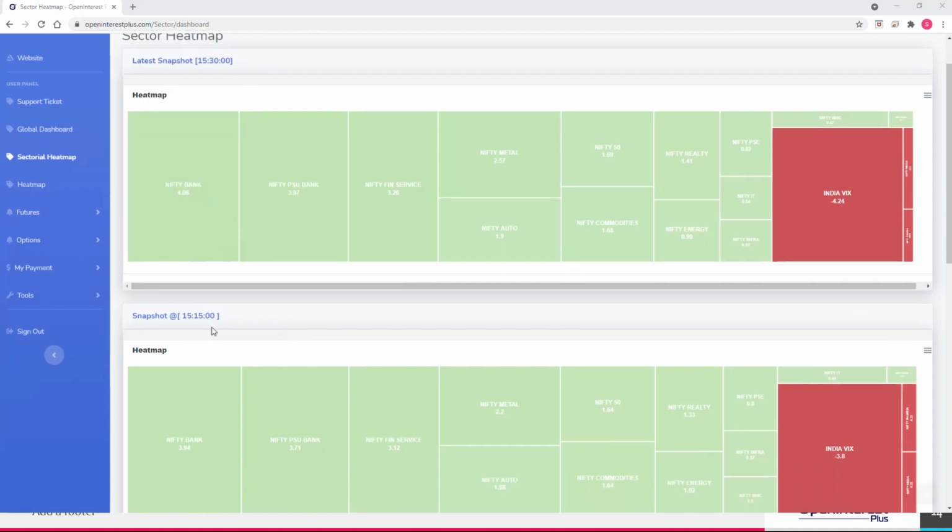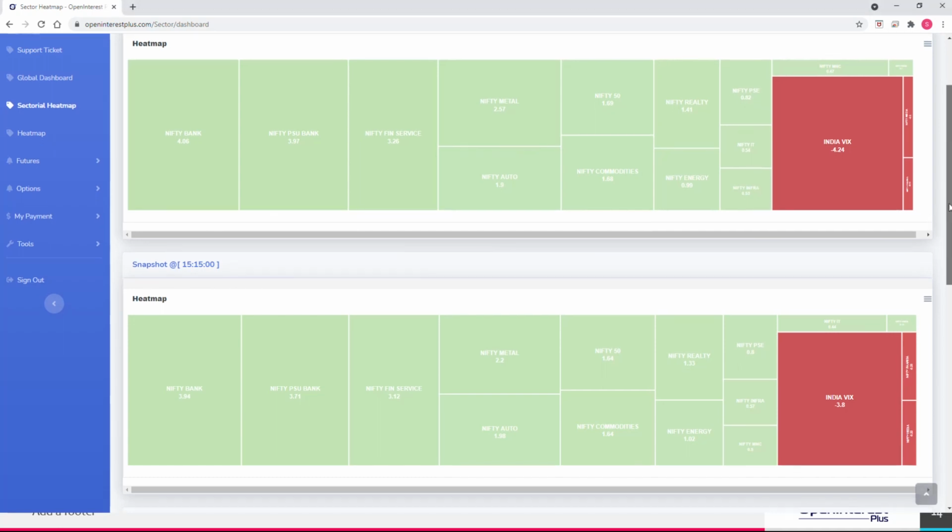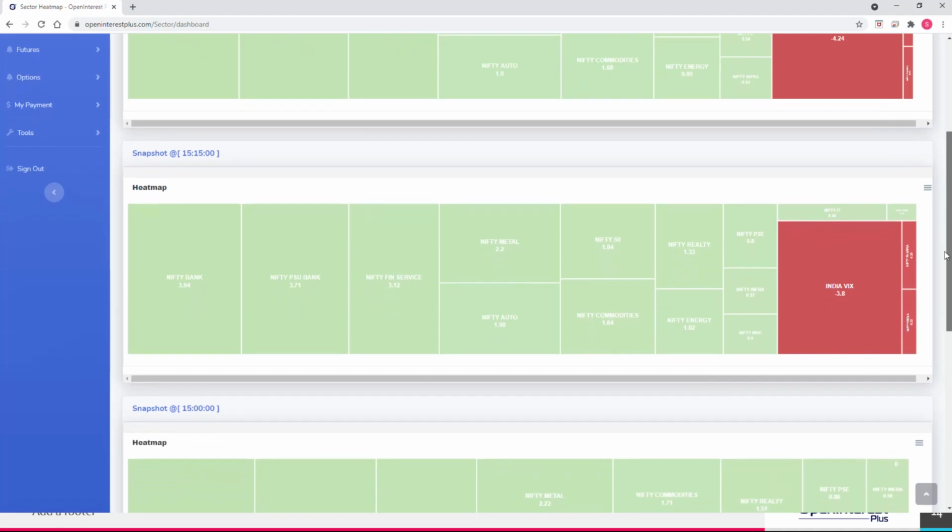So you can do a quick comparison of how each of the sectors had actually performed. For example, at 3:15, Bank Nifty was at 3.94 percentage, whereas at close of market it was at 4.06 percentage. So you get a comparison, and likewise, if you scroll further down, you have